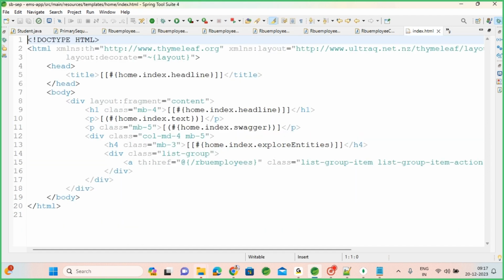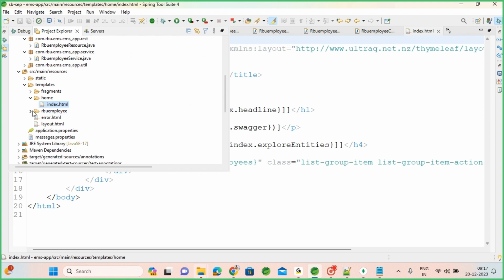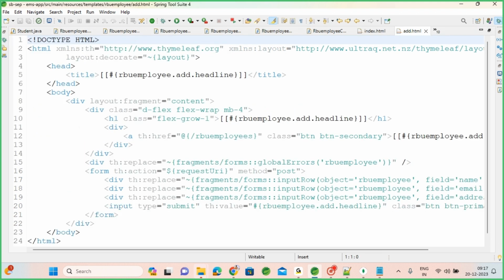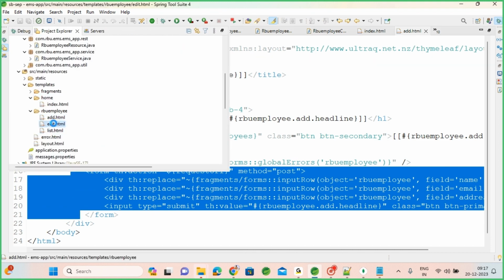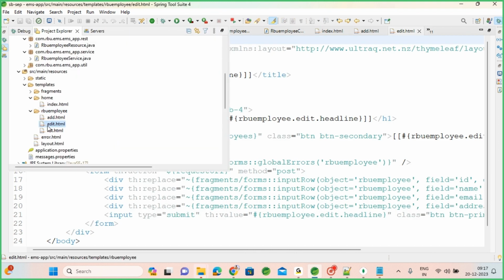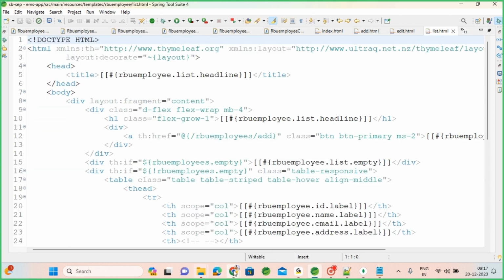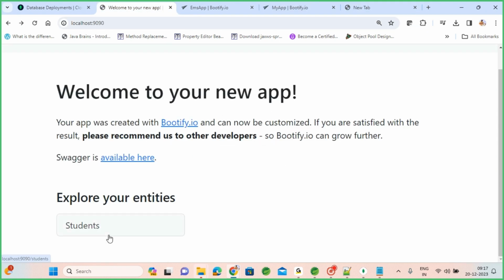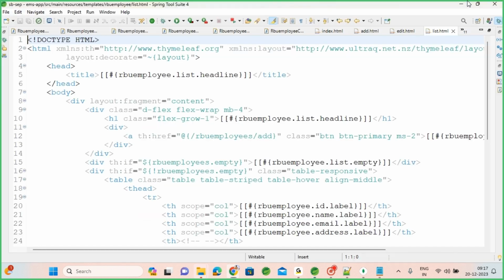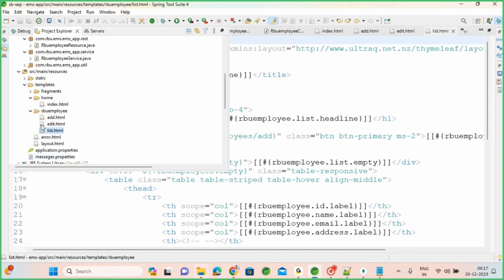Home page, inside home, index page. Then for adding employees, there is an add label, right? To enter data. So name field, email field, address field. By using the Thymeleaf tag library, it has generated all these tags. For the edit screen, edit page, to show the list of employees, list page, as we see here. The screens it was showing before, right? All those pages are also generated,